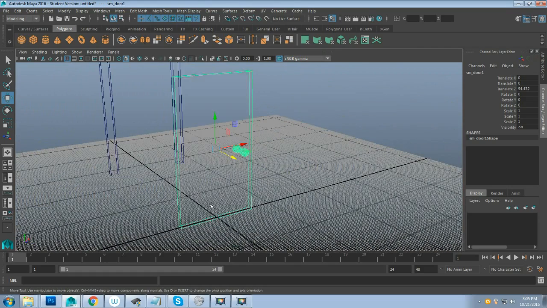So with that centered, I can now modify my pivot point so that my door will swing the appropriate way. Currently, if I right-click and